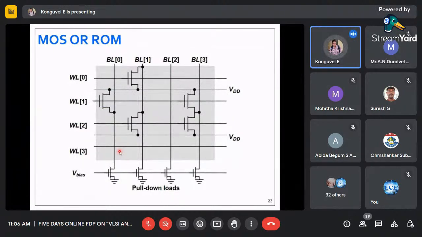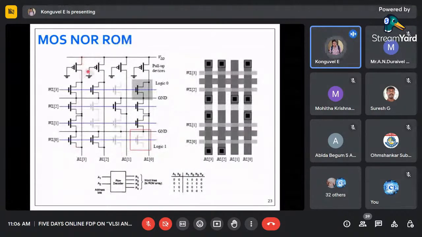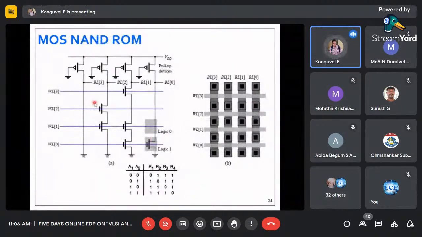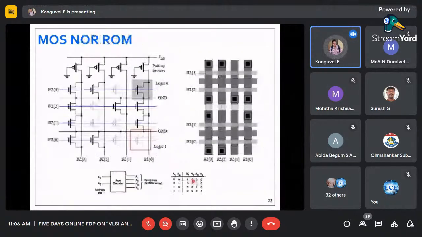But in NOR ROM, it is different. All the lines will be pulled to 1. We are making a transistor turned on to connect that with ground. That is NOR. And another case is NAND. See here, as I said, we are going to use an active low decoder. In an active low decoder, what is the general operation of a decoder? You can see here at any